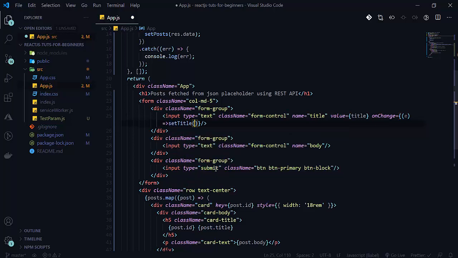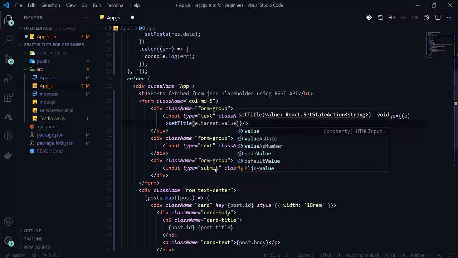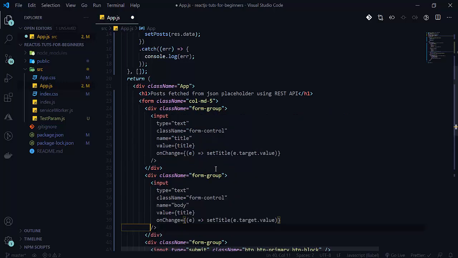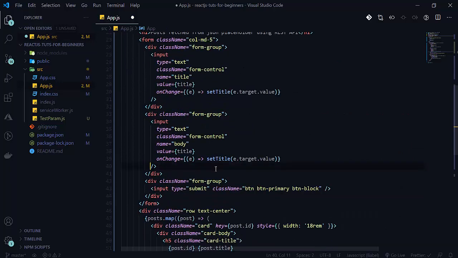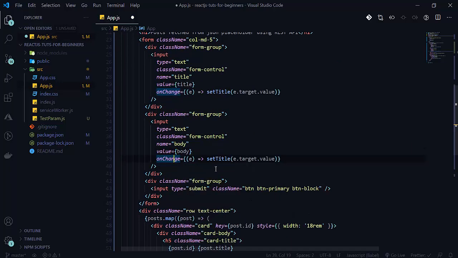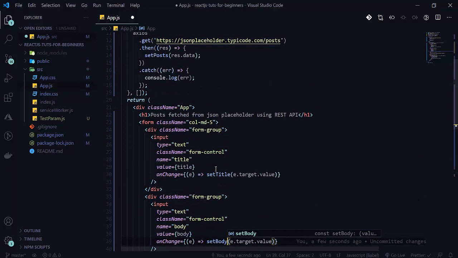Title will be e dot target dot value. For the below one it will be the same, so I'm copying this and pasting it here. Here we will change body, and here will be set body. So we set our body now.